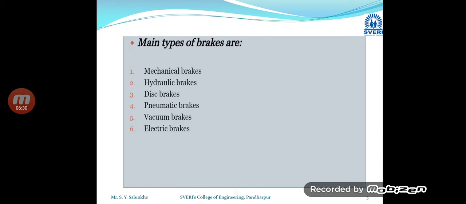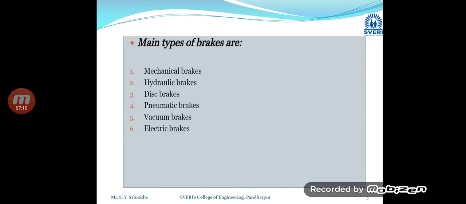Disc brakes are basically newer than the previous brakes in the automobile sector, which were of drum type. Nowadays also we are using the drum type braking system, but it has shifted from brake drum type to the disc type. That is, the disc is connected with the wheel, and from both sides of the disc the actuators or frictional material is used. So that is called disc type of braking or disc brakes. Even for two wheelers, nowadays this type of brakes is used.